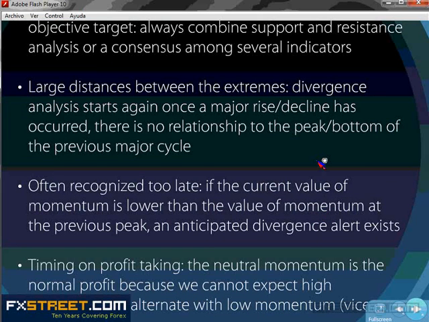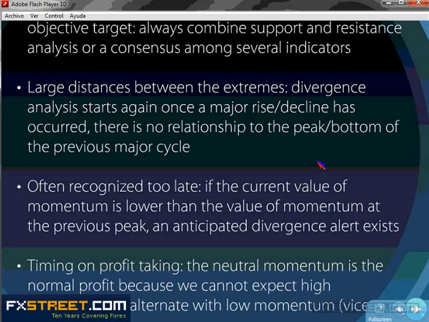Another peril when trading divergence is the fact that they are often recognized too late. If the current value of momentum is lower than the value of momentum of the previous peak, an anticipated divergence alert exists. So I may detect a divergence before it exists already. Okay. So if I see that, for instance, we had